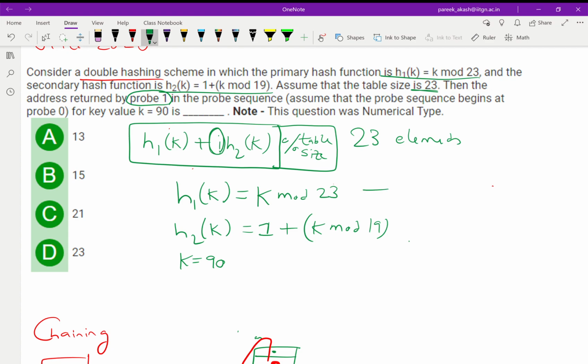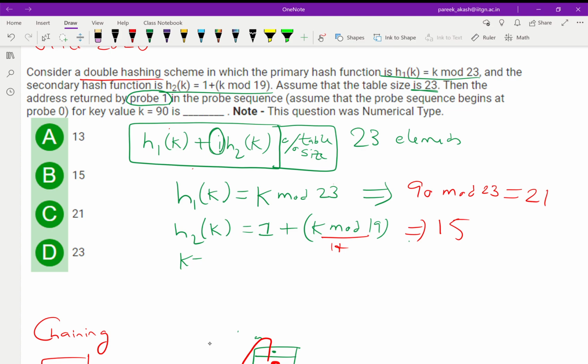So if we put 90 in place of k, we get 90 mod 23, which will give us 21. And h2, if we put k as 90, 90 mod 19 plus 1, should give us 15. So this part will give us 14 and this part will give us 1.